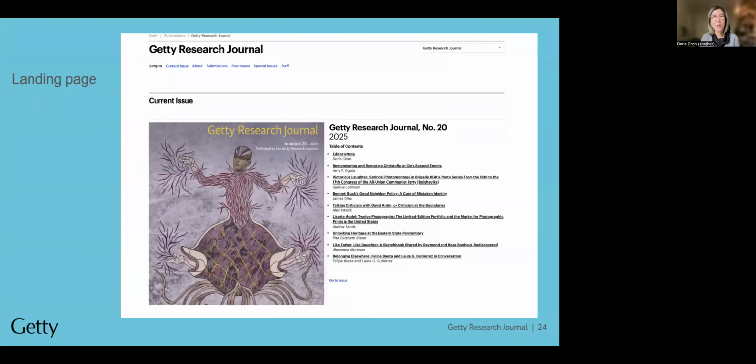So here is a view of our landing page. We are published by the Getty Research Institute. And you'll see here our current issue at the very top, and the navigation pane at the very top as well. So we have our current issue, an about section, which I'll get into, information about how to submit, as well as our entire backlist, and then information about special issues and